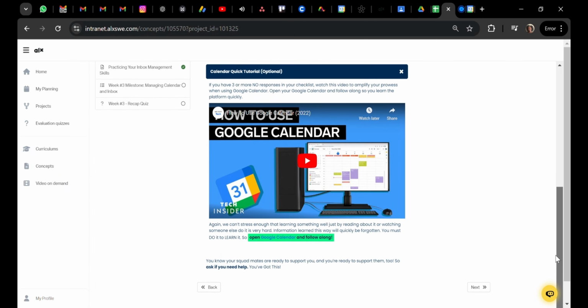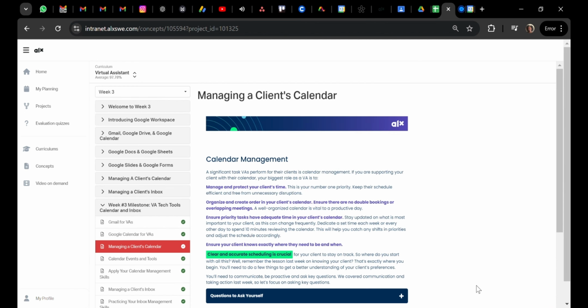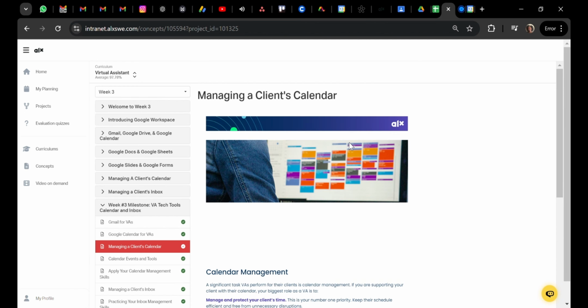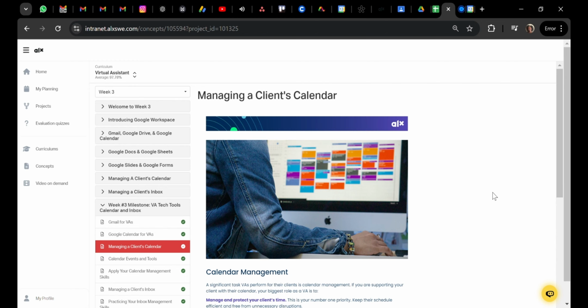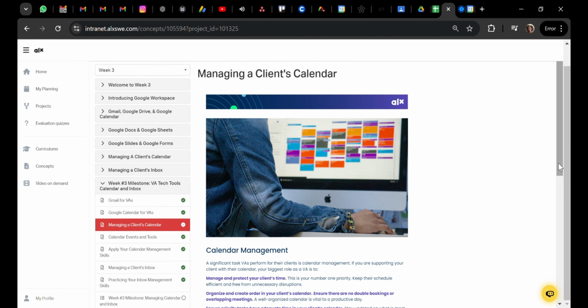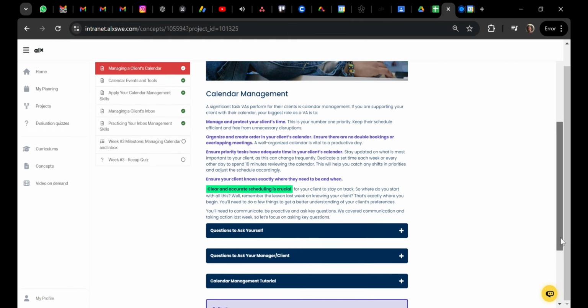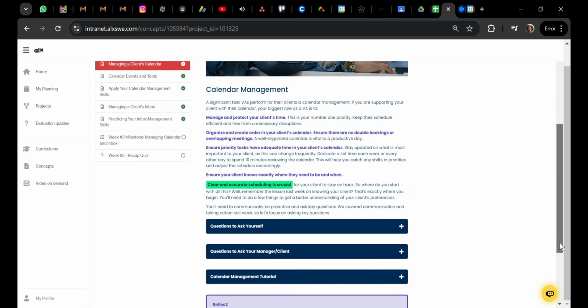So they've put tutorials, how to use Google Calendar, and also you have sections where you have to open your calendar, and they have screenshots just showing you how the calendar would look when you've scheduled your meeting and you're able to manage your calendar well.